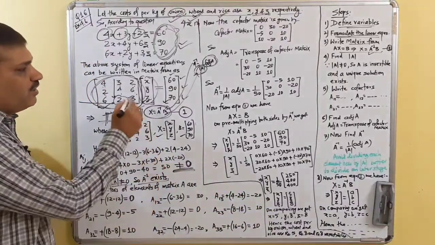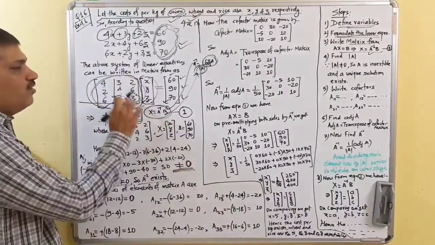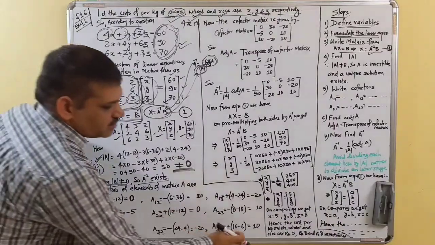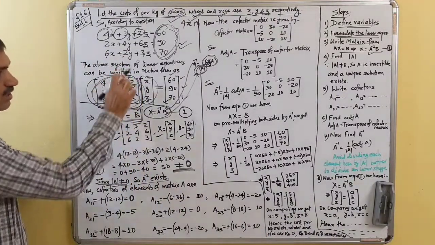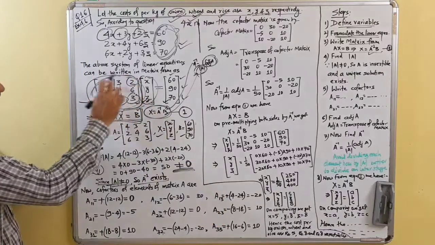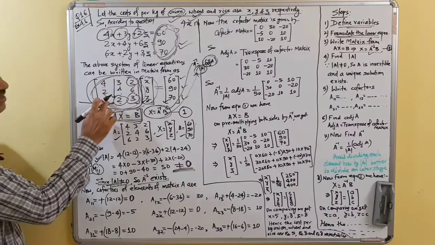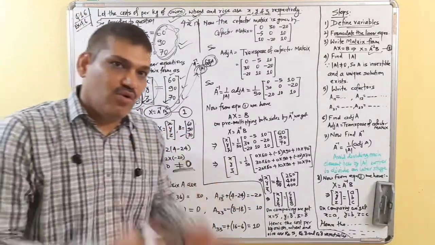We have to find the cofactor of this. What we'll do, 3 3 position, we'll put a positive sign. Now this is 4 4 is 16 minus 6, 16 minus 6 is 10. I have to find the cofactor of this. So this has 1 3 position, 1 plus 3 is 4, that is why I'll put a positive sign. Now eliminate this row and column. We have 4 minus 24, that is minus 20. Likewise we'll find all the 9 cofactors.